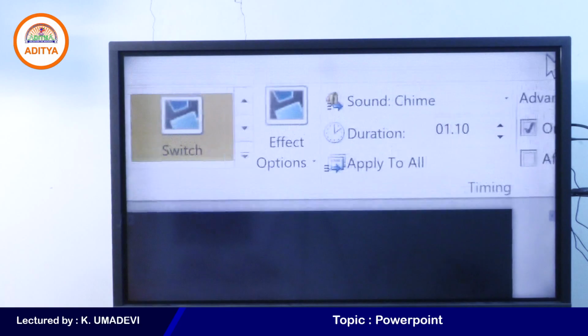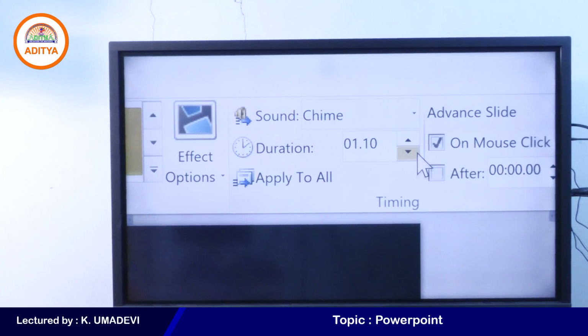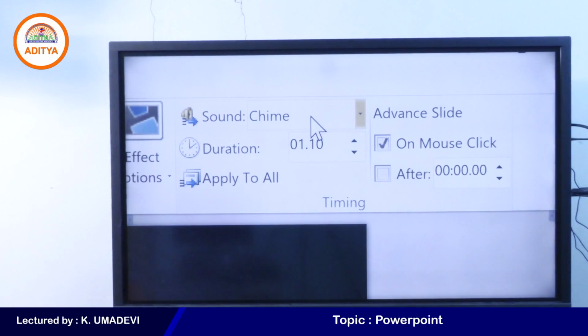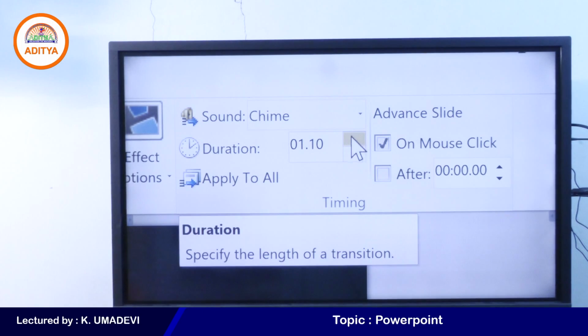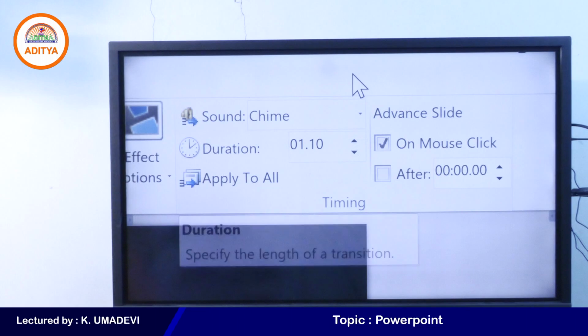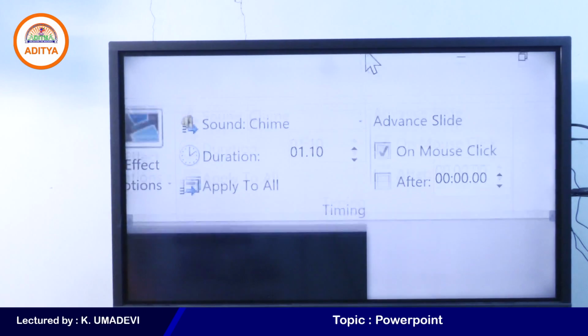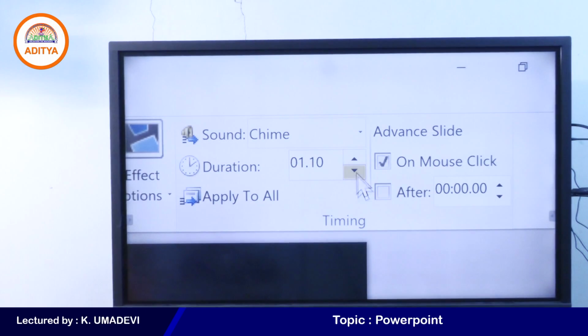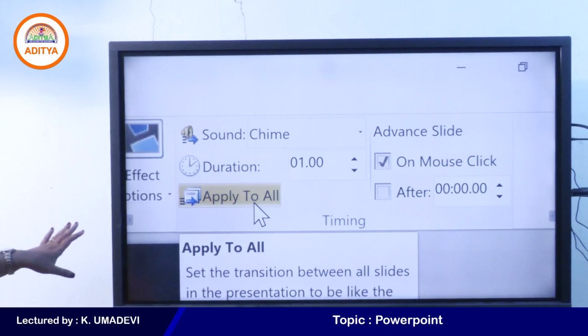I'll select the time and the duration. That means the duration of sound. Duration specifies the length of transition. Just I'll apply 1 second, okay? If you want to apply to all the slides, simply click on apply.